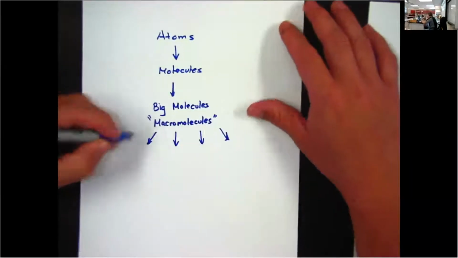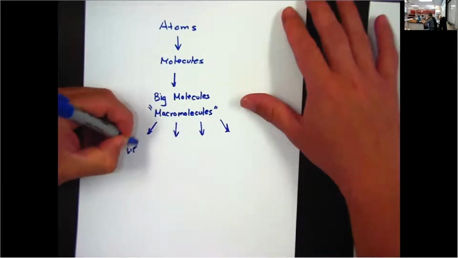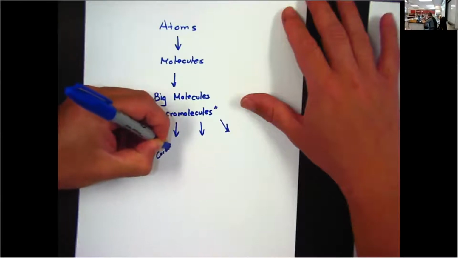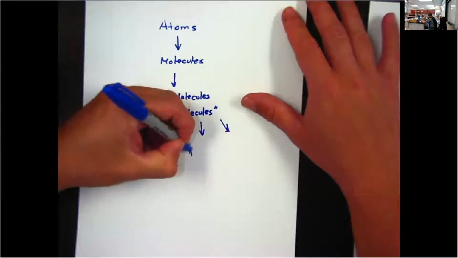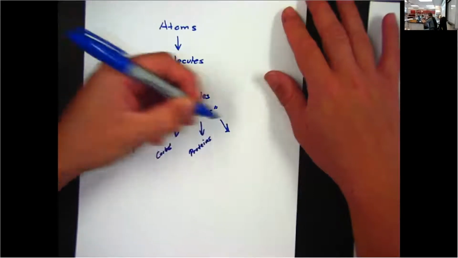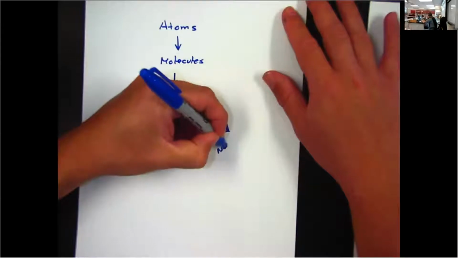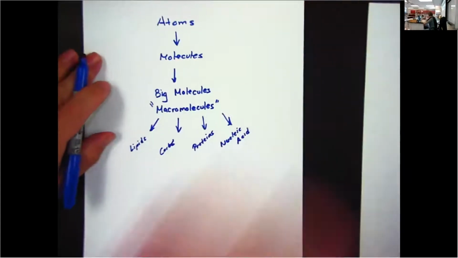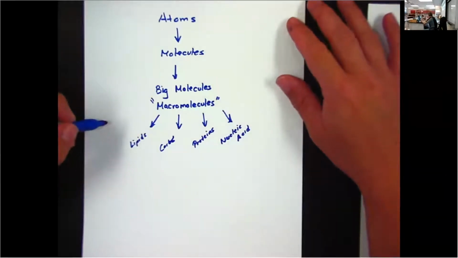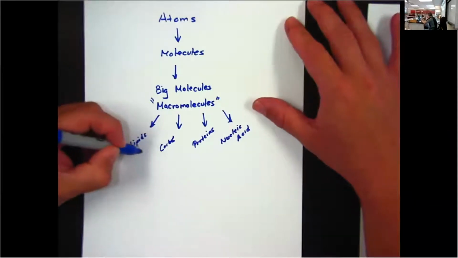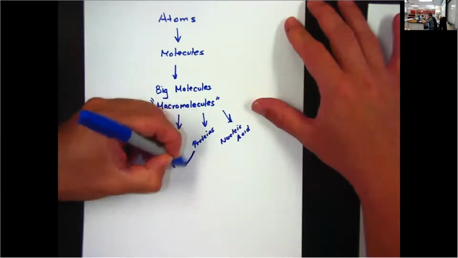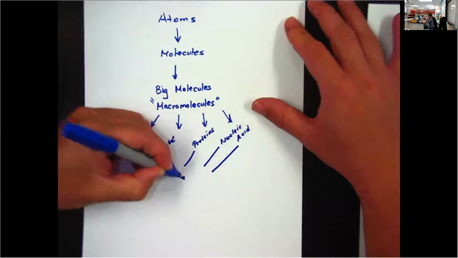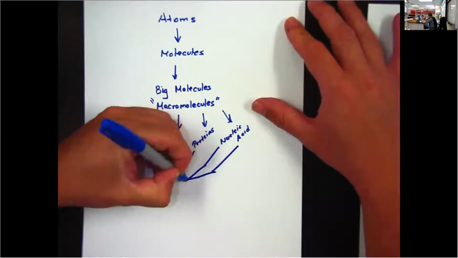There's 4 types. There was the lipids, the carbohydrates, the carbs, the proteins, and then the nucleic acids. Okay, so that's super important. Now what we need to understand is that these guys right here come together. Let's put them to a point here. They come together, and they can form